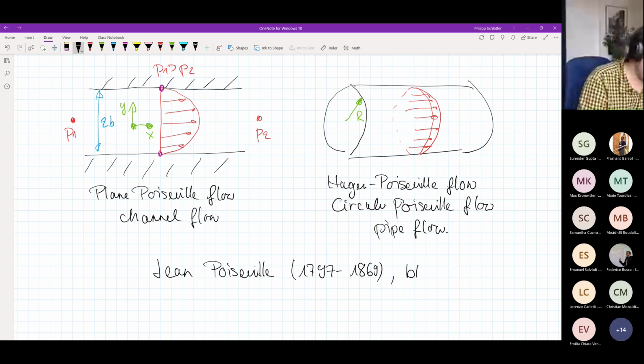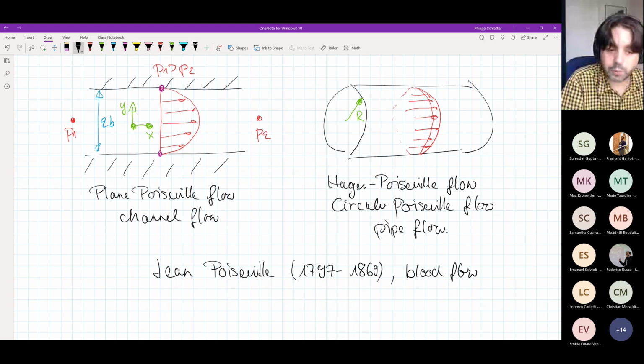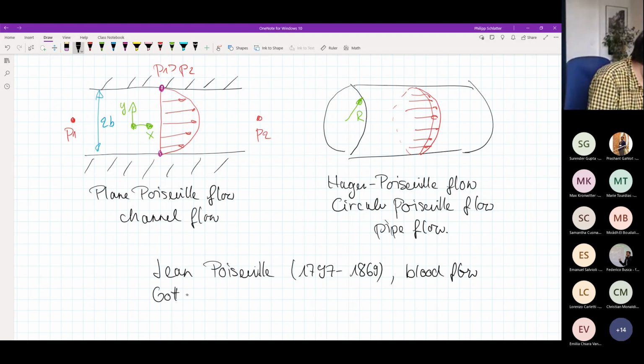And he was mainly concerned about blood flow. So he wanted to know how blood is flowing, and therefore it was natural that he looked at these round geometries. On the German side, there was a person called Gotthilf Hagen,